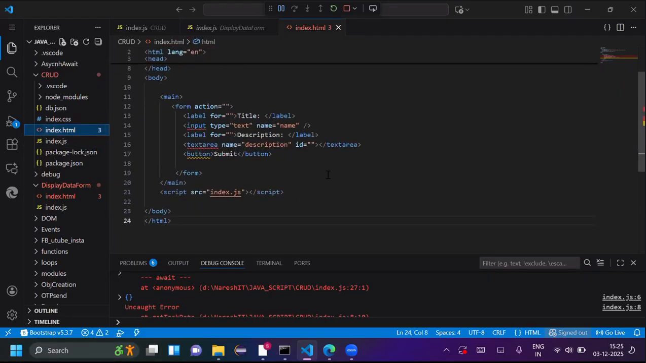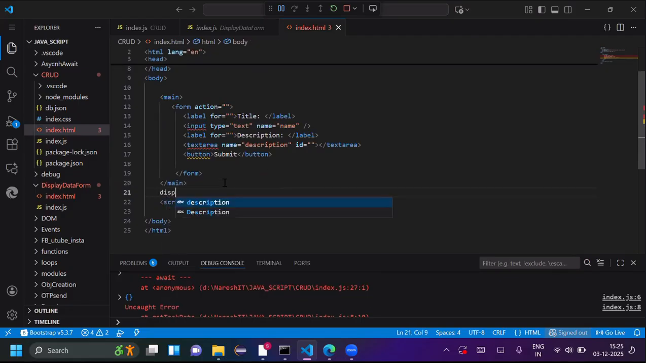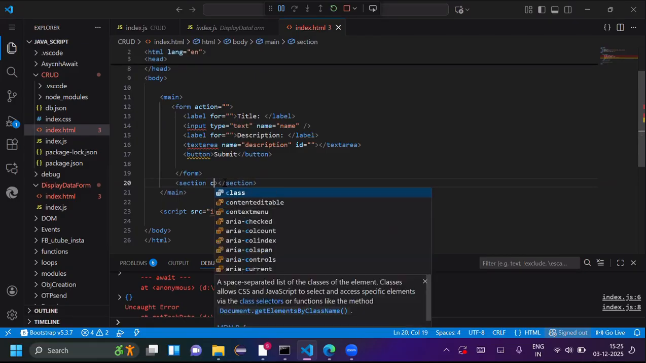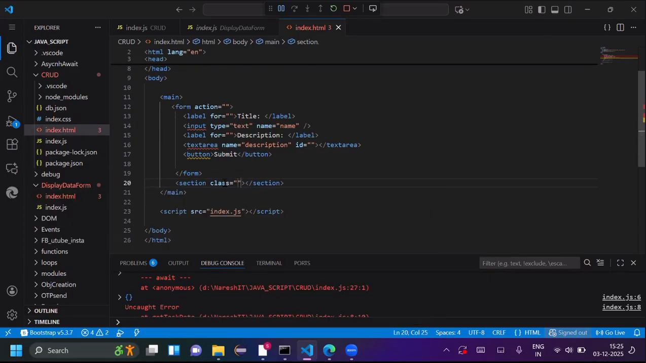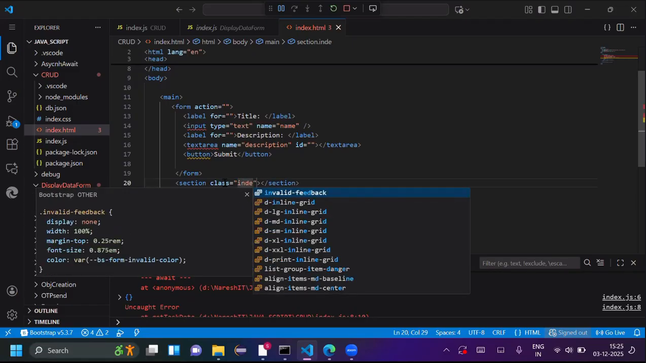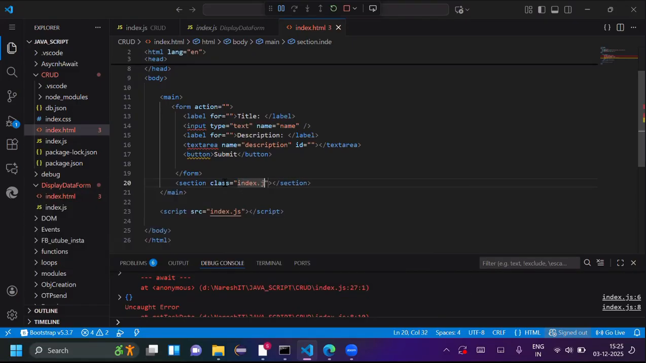उसके अंदर डिस्प्ले कंटेनर कहाँ पर है तुम्हारा? डिस्प्ले क्लास के साथ बनाओ। मेन के अंदर फॉर्म के नीचे एक डिस्प्ले कंटेनर बनाओ, सेक्शन लगा के। फॉर्म के नीचे। ओके, सेक्शन टैग। सेक्शन टैग में क्लास अंदर लिखना पड़ेगा ना? क्लास लिखो। इंडेक्स डॉट जेएस क्रड पे जाओ, वहां पर कौन सा क्लास लिखा है वो वाला लिखो।